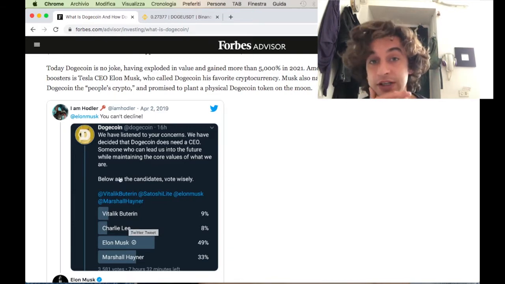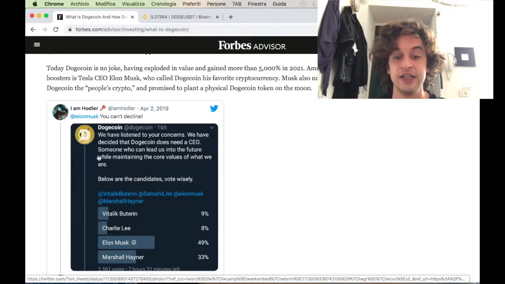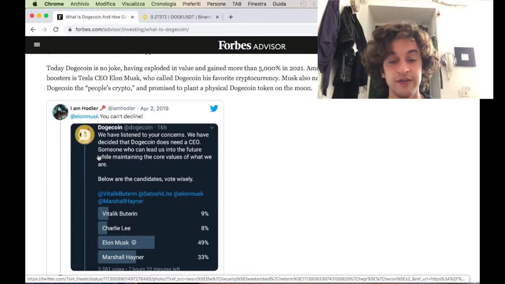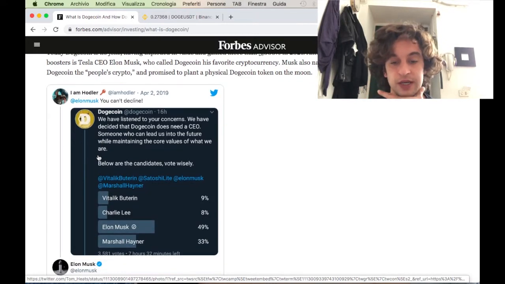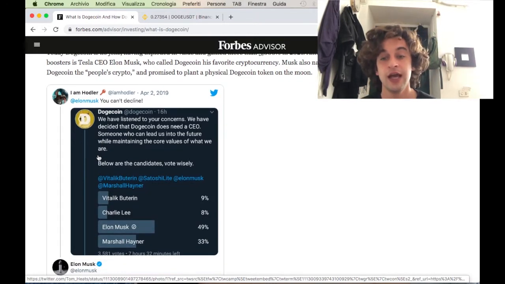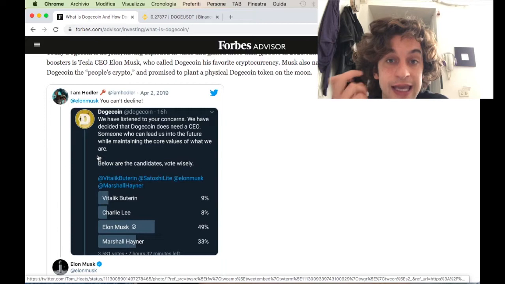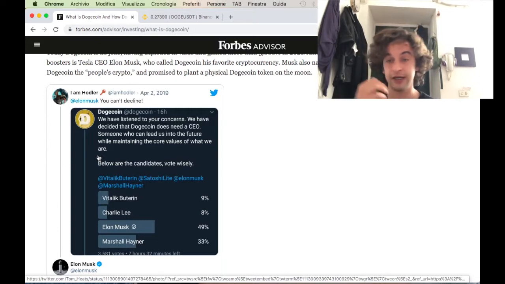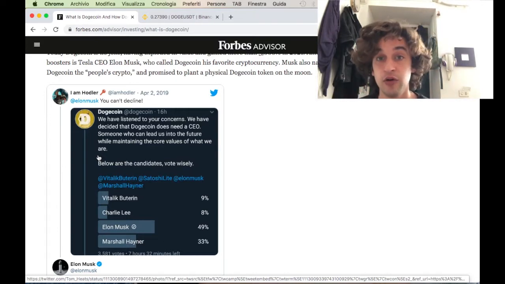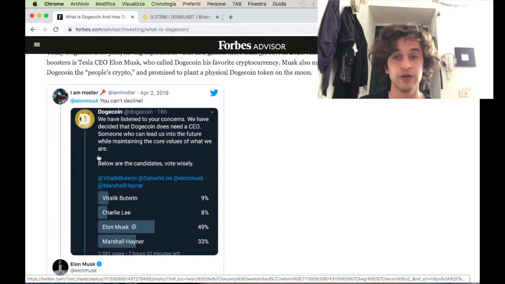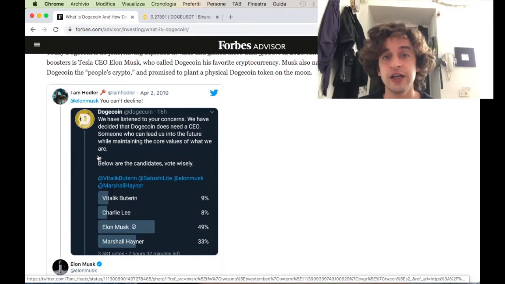One important thing to know is that Elon Musk is one of the major activists within the Dogecoin crypto space and is a big supporter of it. And we all know Elon Musk, SpaceX, and everything that he does. He intends to plant a Dogecoin on the moon. So he will probably take a flag when he gets there to bring it to the moon. Probably also on Mars now that he's looking to go to Mars and do the travels.